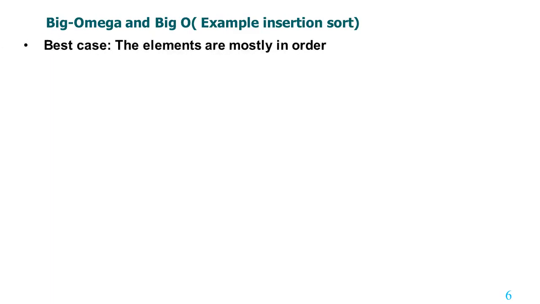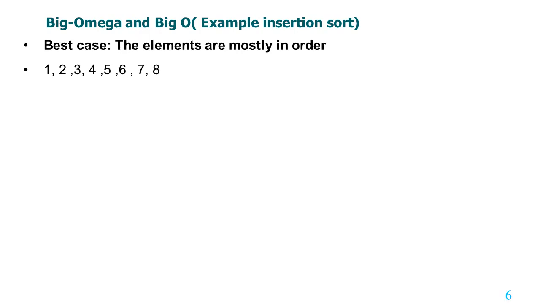Let us take the best case. Best case means the elements are mostly in order. For example, let us take 8 elements which are in order. If we have to arrange the elements in ascending order, we see that the elements are already arranged. That means it is a best case. But still, the computer cannot recognize it as sorted. When it comes under a loop, the loop will check whether the elements are sorted or not.